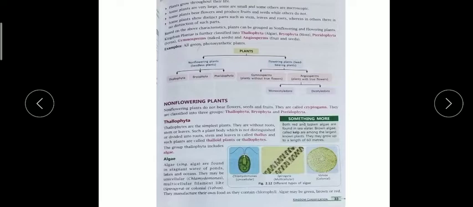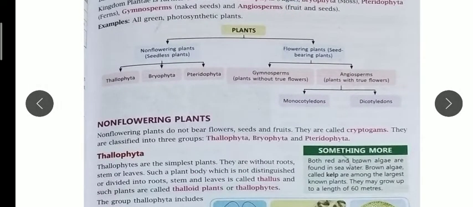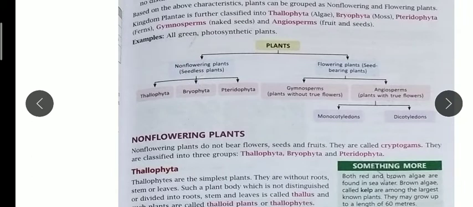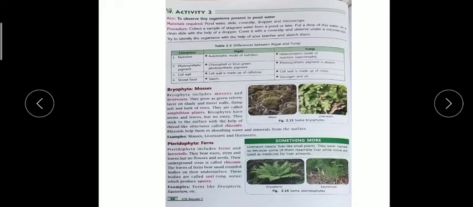Today I am going to explain to you about the flowering plants. In my last video, I explained the Protista kingdom and Monera kingdom, and in online classes I have already explained the fungi kingdom and the plant kingdom's non-flowering part, which is divided into three categories: Thallophyta, Bryophyta and Pteridophyta. Now today I am going to start flowering plants.